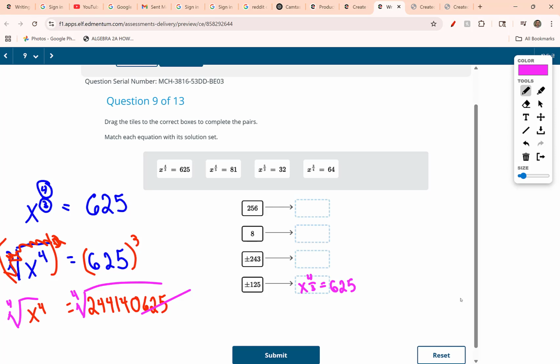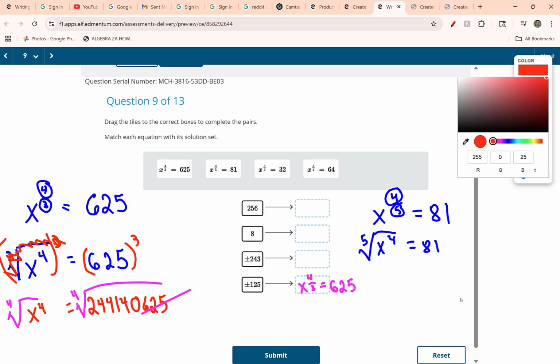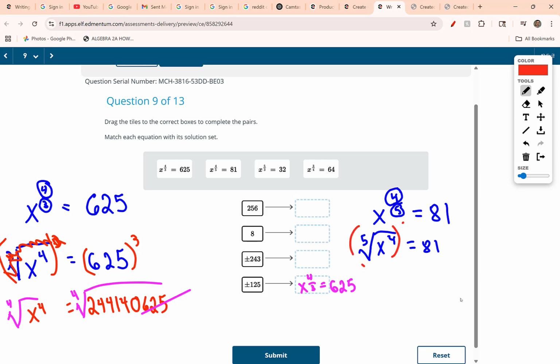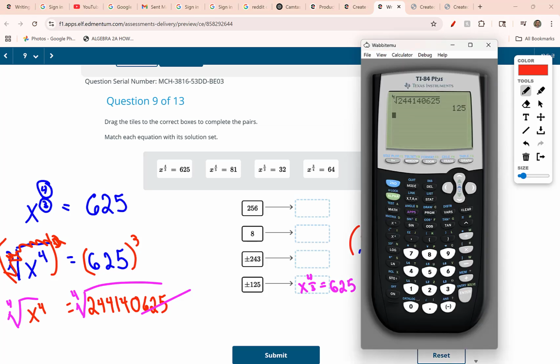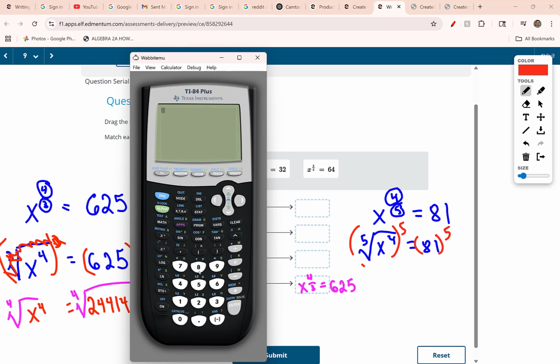Let's do x to the 4/5 power equals 81. This top number is the exponent with x, and the bottom number is the index. So this is the 5th root of x to the 4th. So we're going to first raise both sides to the 5th power. Again, we're going to get a very large number. So 81 raised to the 5th power,